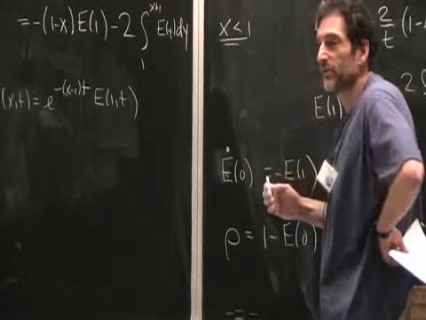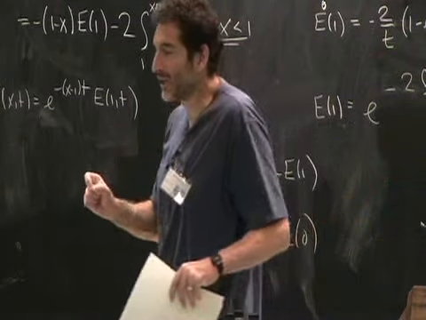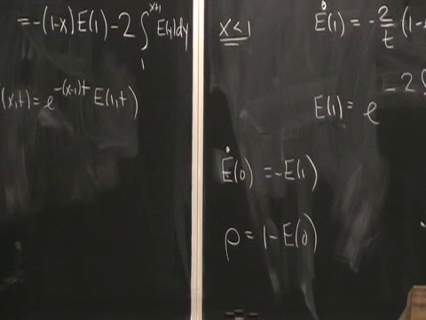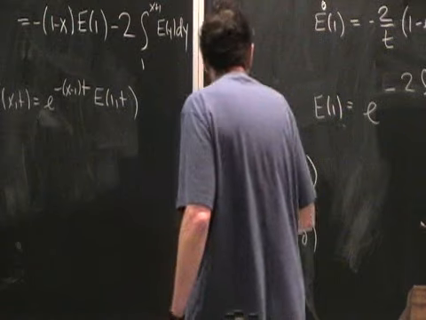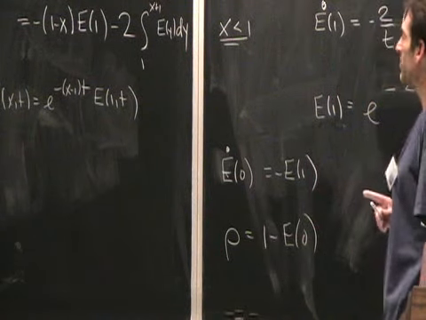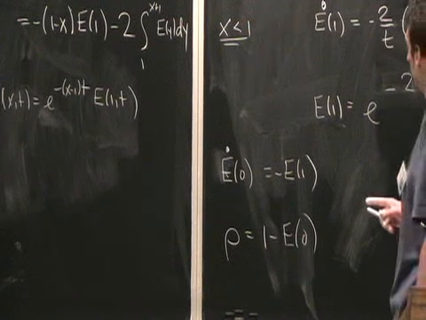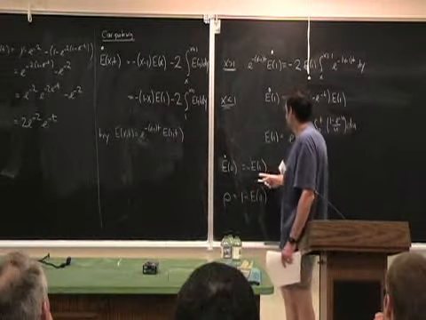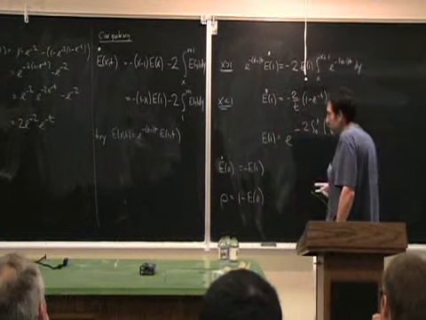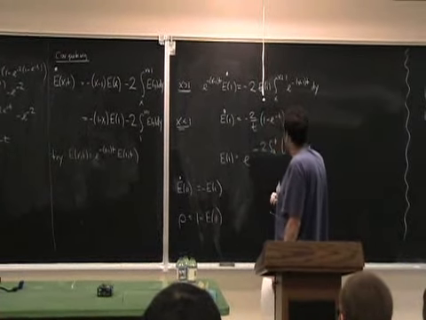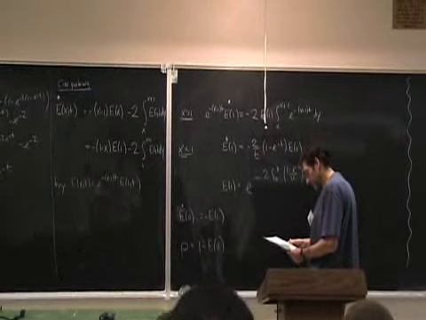So if I have an empty interval of length 0, that means I have an infinitesimal region which is empty. 1 minus that probability is the probability that that infinitesimal region is occupied. And so that's nothing more than the occupancy of the lattice. So we finally get our answer for the occupancy of this continuum, actually. It's not a lattice, it's a continuum parking lot, by taking the equation for E1, integrating it to get E0. So I have to integrate this one more time, take 1 minus that, and then I'm going to get the density. So again, allow me not to do those straightforward steps, but let me just write down the answer.